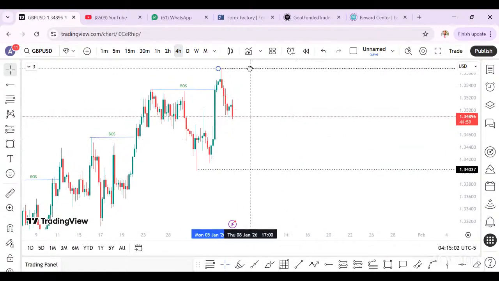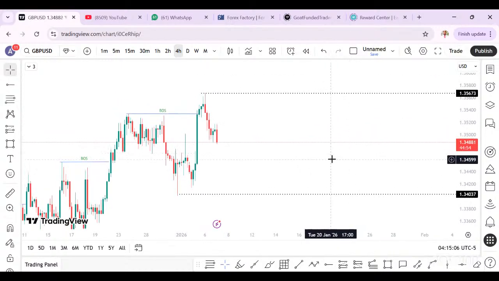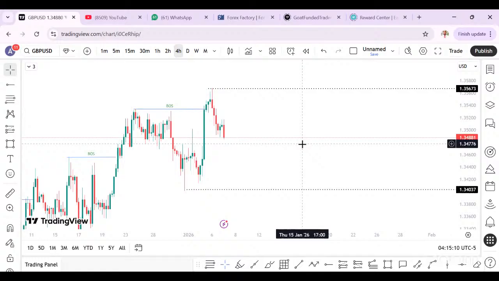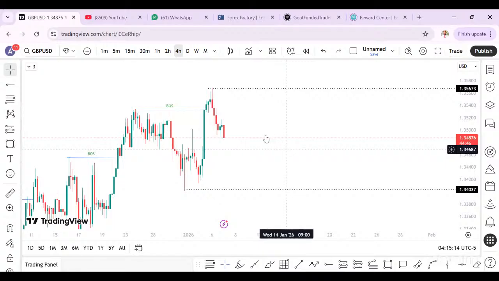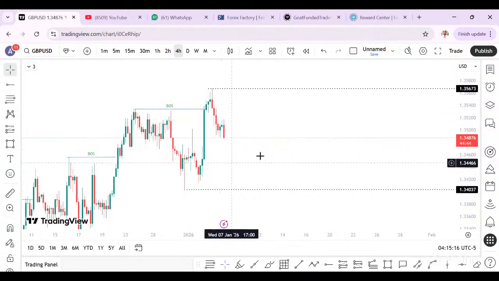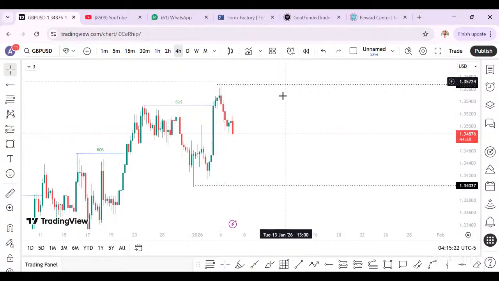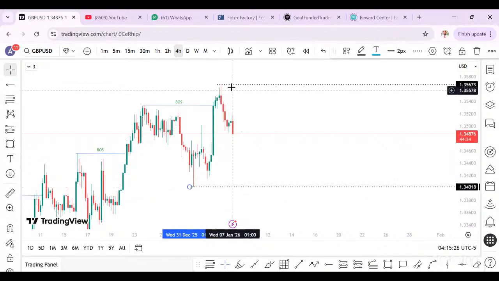It means that since I'm a higher time frame trader, I focus on the major direction of the market. The major direction is what? It is an uptrend. I don't care about this reversal that is happening here. All I care about is what? To continue the uptrend. So here's our low and here's our high.